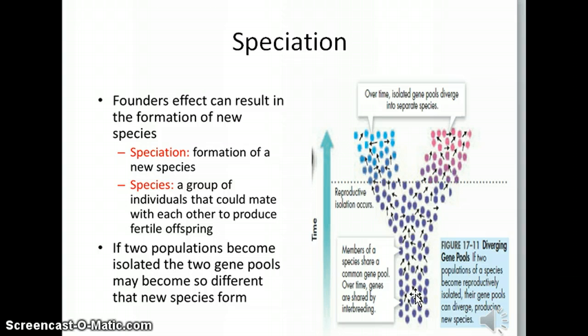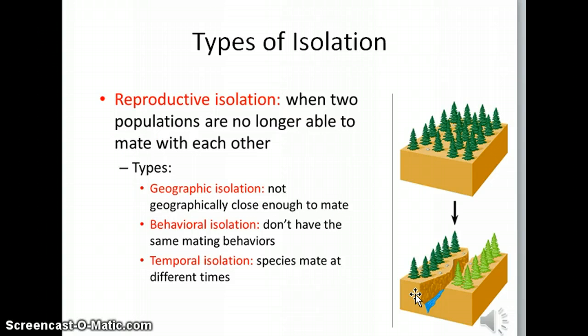Darwin observed this when he visited the Galapagos Islands. He saw tortoises with different shells on each of the different islands. He could almost tell what island a tortoise came from because of its shell. Because they lived on different islands, they experienced different selective pressures and slowly became more and more different from each other. The real problem with being on different islands is that the tortoises Darwin observed could no longer mate. In order for species to form, it's necessary that two groups that formerly interbred are now reproductively isolated. There are 3 reasons why organisms couldn't be able to mate.